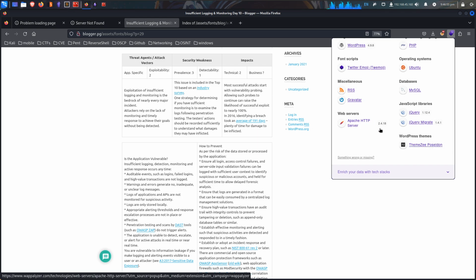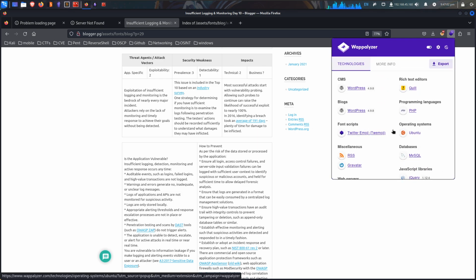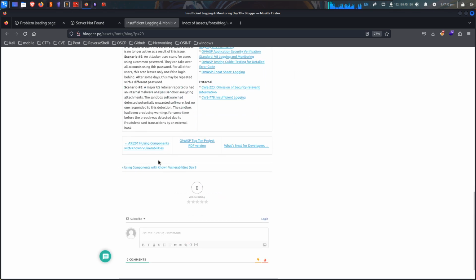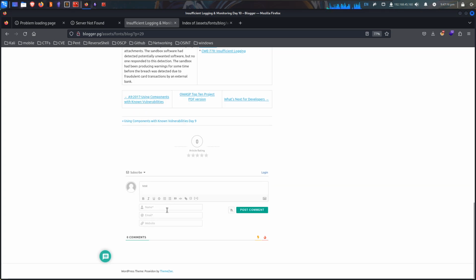Theme is Poseidon, 2.4.18 Apache version. This is all great information. It's using a MySQL database. This is all excellent, and PHP. All excellent information, and stuff that we would want to write down and keep in our notes. Moving forward, we see that we can